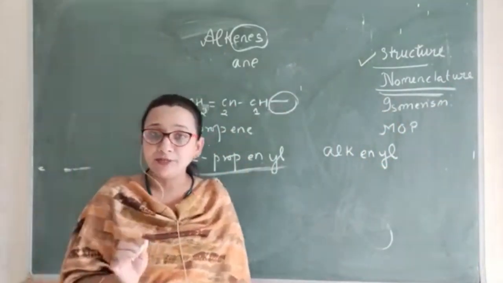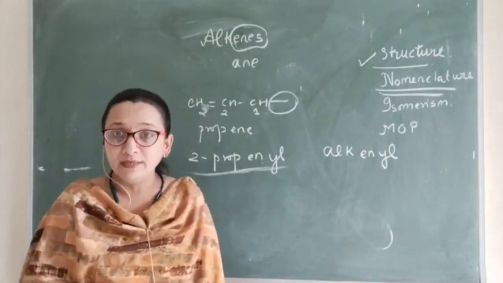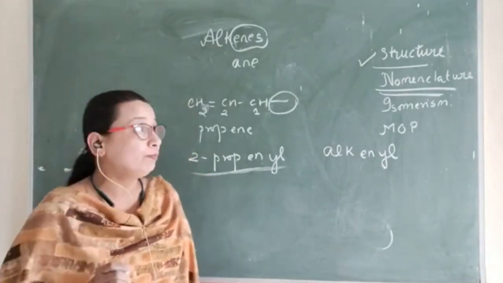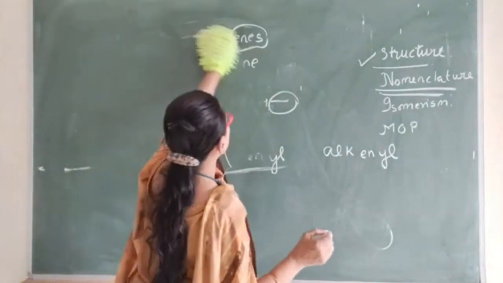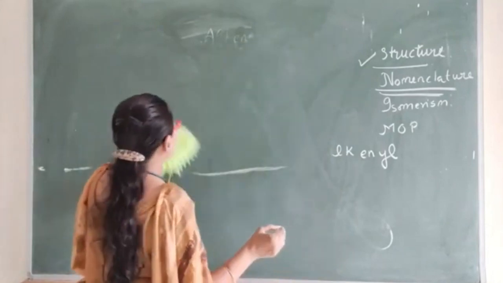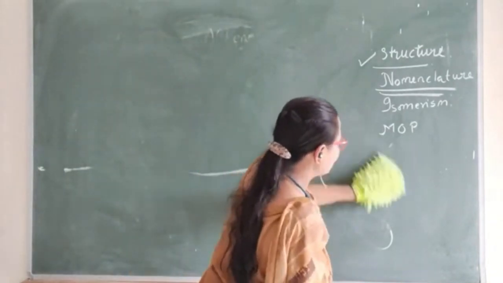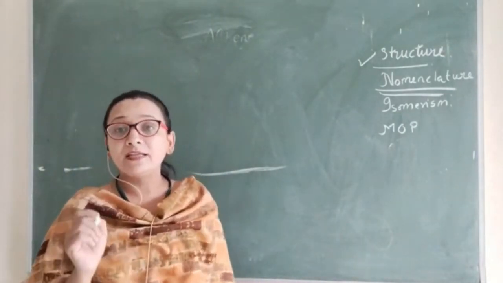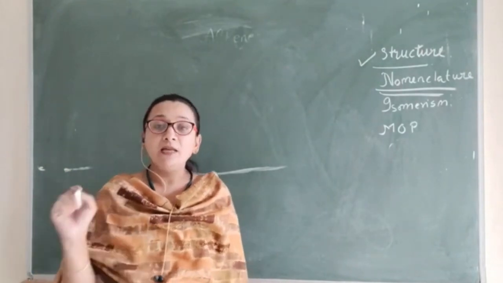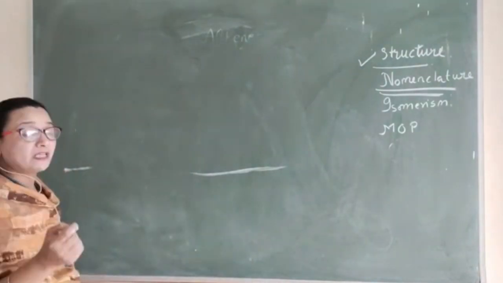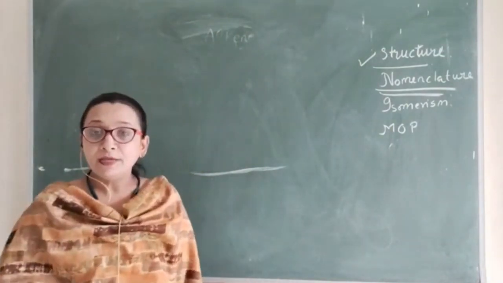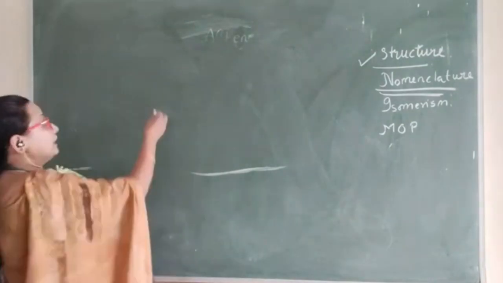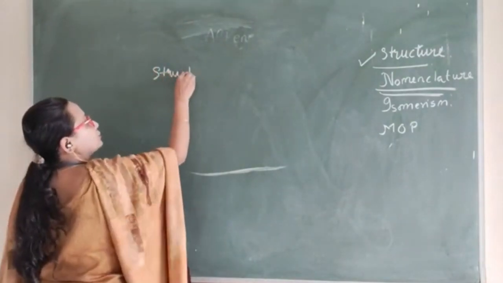Now the third point, again a revision aspect, is isomerism. What kind of isomerism is shown by alkenes? This is a very important question on which students generally get confused, even in national exams. Alkenes show, broadly, 2 types of isomerism: they can show structural isomerism also,